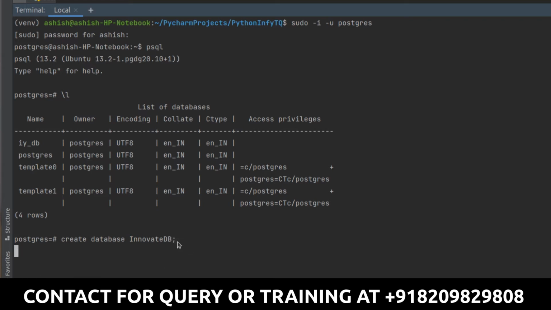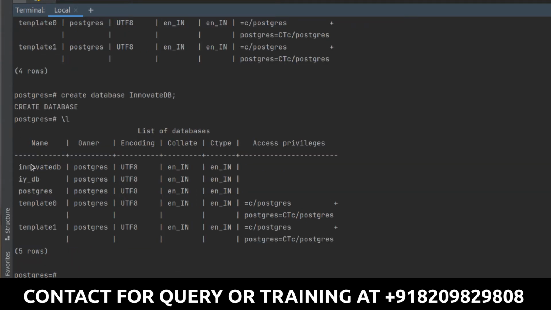Now semicolon and press enter. Now can you see CREATE DATABASE? That means the database is already created. Now I can run the previous command again, and I will find that this database is now present here. So let me run it again. Now you can see I have created a new database, and I have this name for it, right?